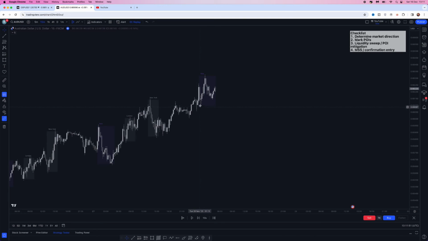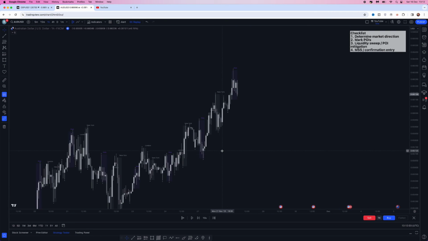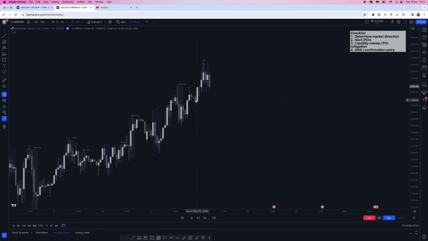We've got this right here, which has been mitigated by this candle. We've got this little candle right here, which has got a little bit of inducement, but for me personally, there's nothing too clear on this time frame right here. So I will jump up to the 1 hour chart, and then what we will notice is we've got this,